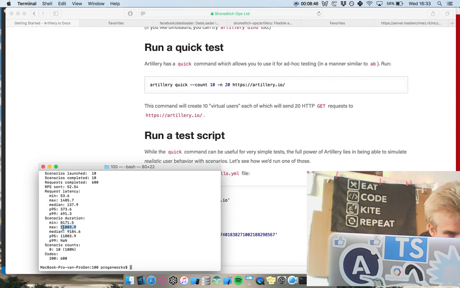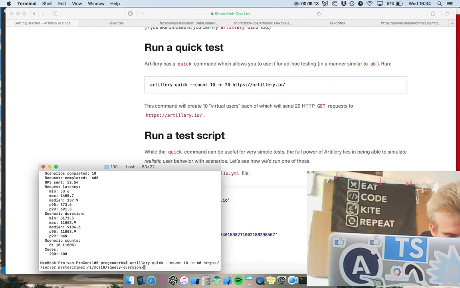Okay, so this is how it works. The scenario of quick is just repeatedly requesting it every time after it gets a result. So it's as quick as it gets. It's sequential. That's how it works. So that means that, as you can see, all the users did 60 requests within 10 seconds, and that's great, I think. So let's see what happens if I